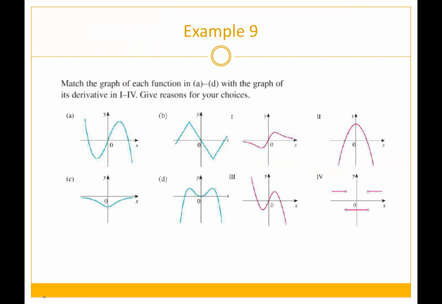And so this is going to be the last example of this section. It is example 9. Match the graph of each function. And this is a challenging one, trust me. This is kind of like a very good summary of what you learned in 2.1 and 2.2. Use a little bit of 1.8 in it. Kind of like looking at the graph and seeing how the slope goes. So A, B, C, D is the graph of the function, and 1, 2, 3, 4 is